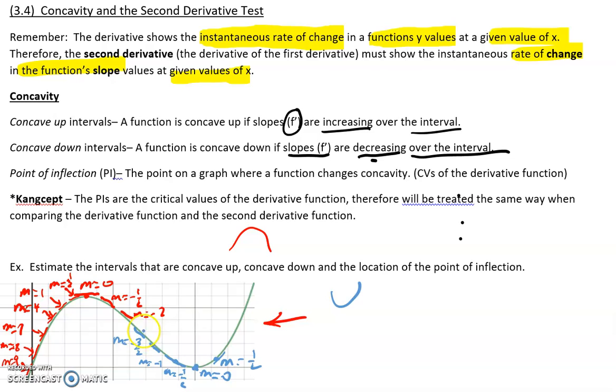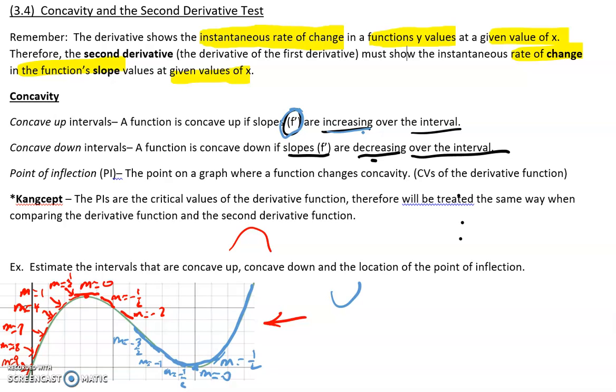As you can see, as I move along a concave up region, the slopes are increasing. So, by definition, intervals that are concave up is where my derivative or my slopes of my function are increasing. Now remember, it's the slopes that are increasing, not the y values. Okay? So, putting that together,